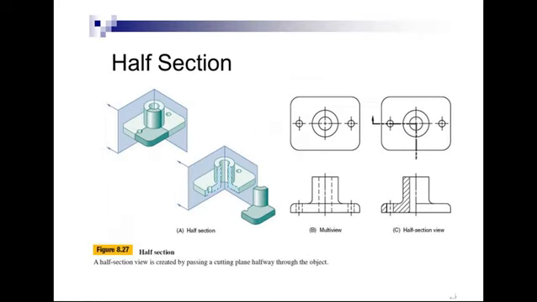One more example is shown here for half section. This is our component. We have taken this 90-degree cutting plane. We remove this portion. We have removed this portion, and whatever things are there, we draw a half section. So this is the half section: this is the object top view, and then this is the front view. We show the hatching pattern here. It does not require to be shown here. Only half is enough, because this is a symmetric part about this center line.